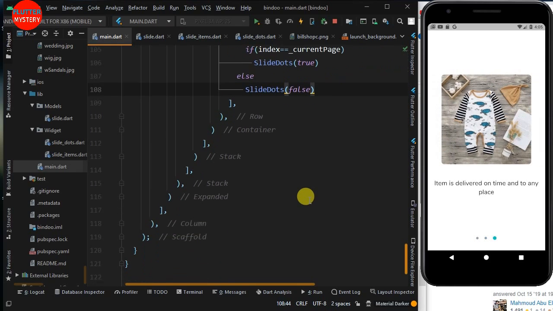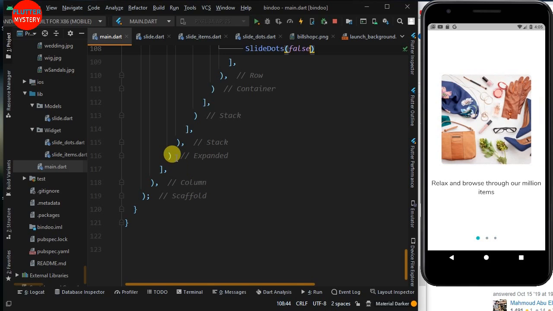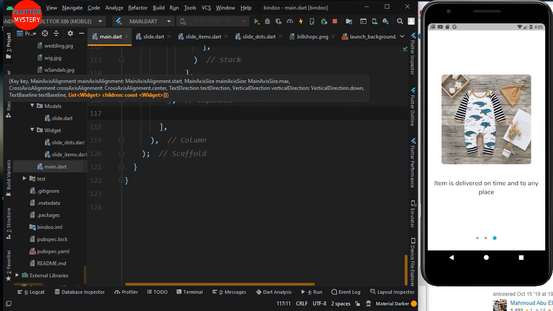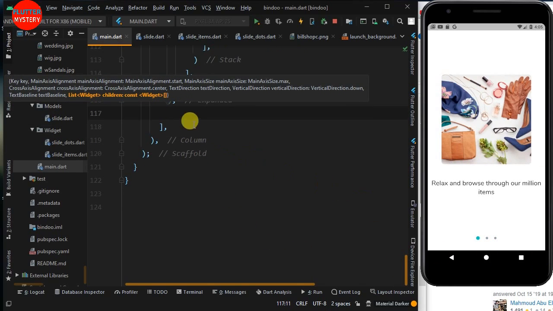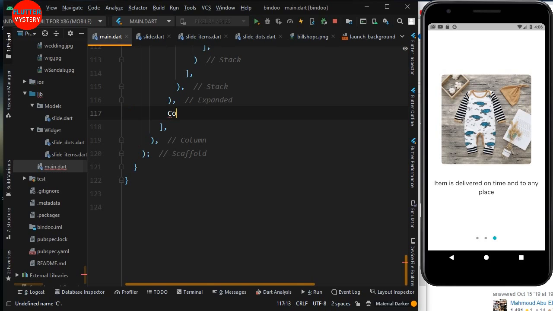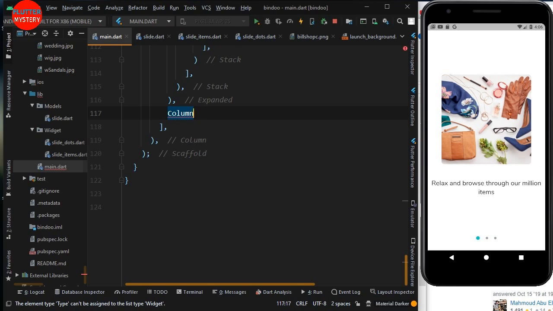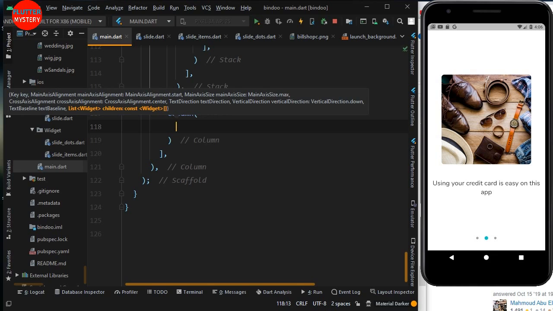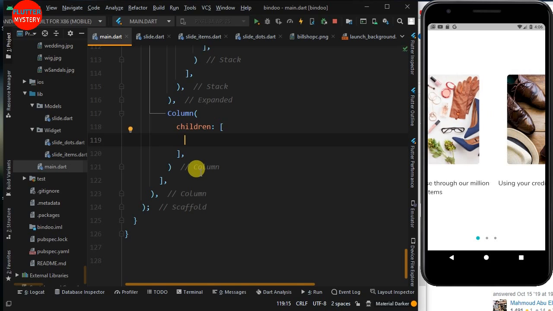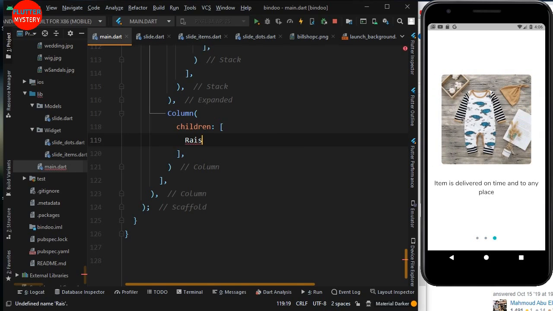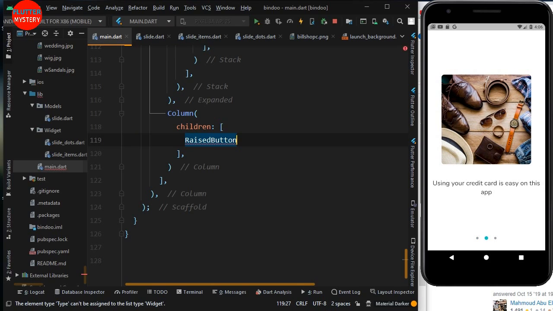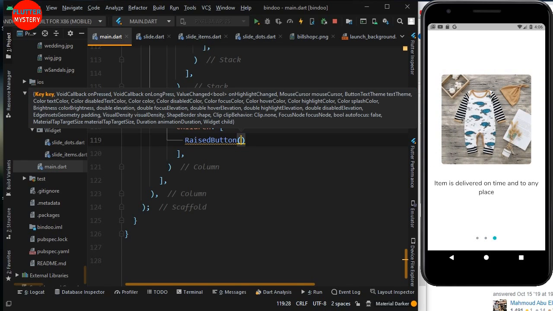Alright, so let's come down after our expanded. I think here we can make our last widget, and then say a column like this, which have children like this. Open the children, and then what you're going to add it has a raised button like this, and this raised button